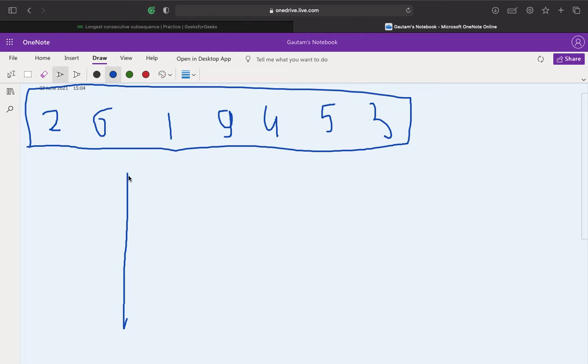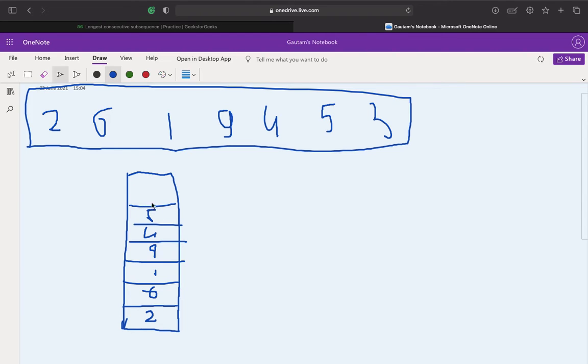Let's suppose this is a hash table. We'll add all these elements: 2 6 1 9 4 5 and 3, right?